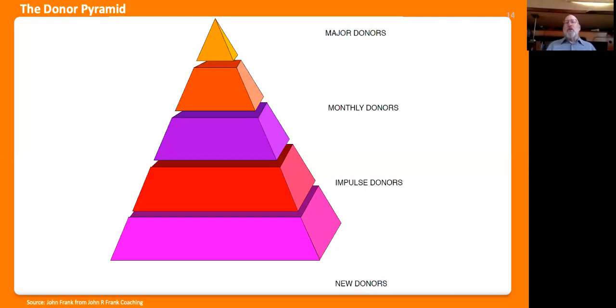And then the other one are new donors. What do we have to do to help them make that psychological leap from thinking good thoughts about your organization to actually writing a check? And that's a lot of thinking. It's part art and science. It's finding the names and those kind of things.